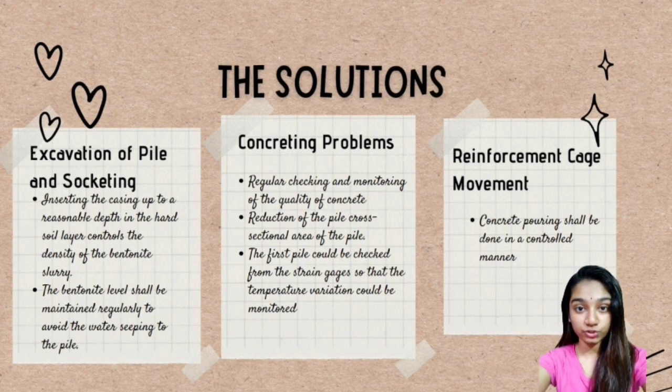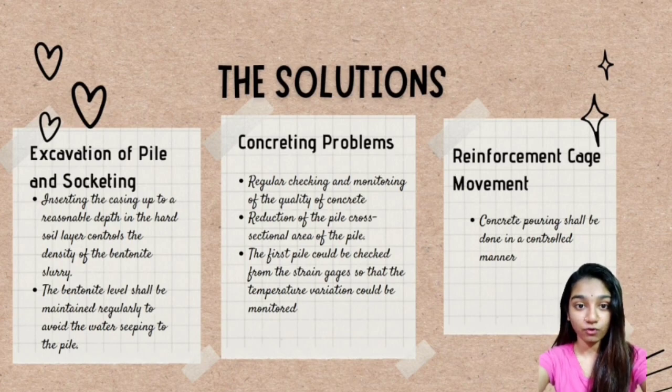First and foremost, for the issues regarding excavation of pile and socketing, deviation and collapse of excavation could be avoided by simply inserting the casing up to a reasonable depth in the hard soil layer and checking the position of the casing before and after concreting. Then, excessive water in the concrete can be avoided by maintaining the bitumen regularly to avoid the water seeping into